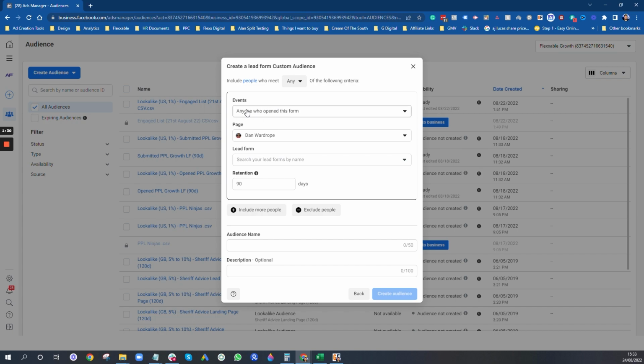And here you can select anyone who has opened this form, which basically means clicked on your ad. People who have opened and didn't submit the form, so you can use that for your retargeting if you so wish. And then people who have opened and submitted the form. So I would make one audience for this one. Now I've already made this audience, so I'm not going to do it, but I'd make open lead form